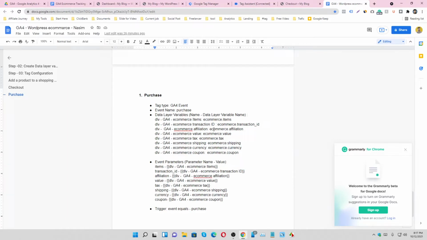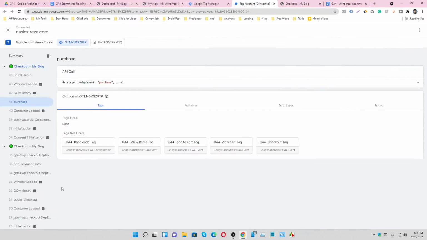You have to make all of it as a data layer variable. Now just follow and make the data layer variable.